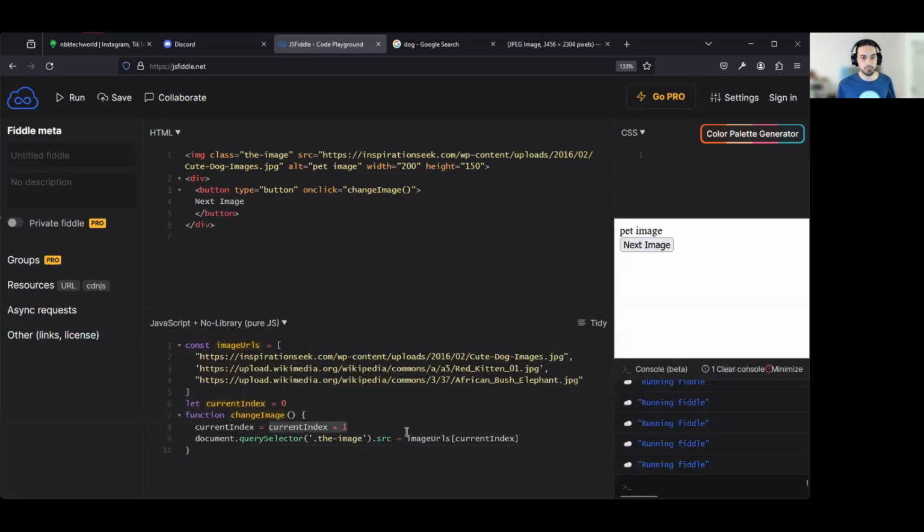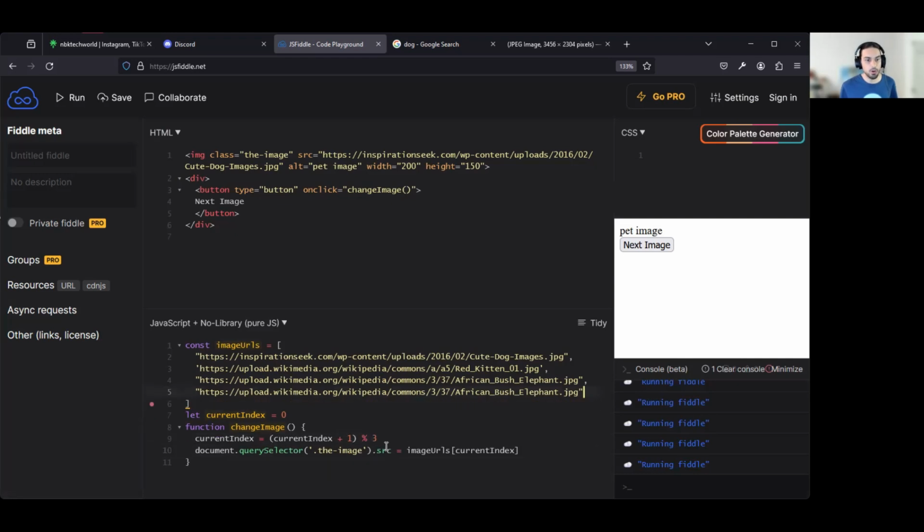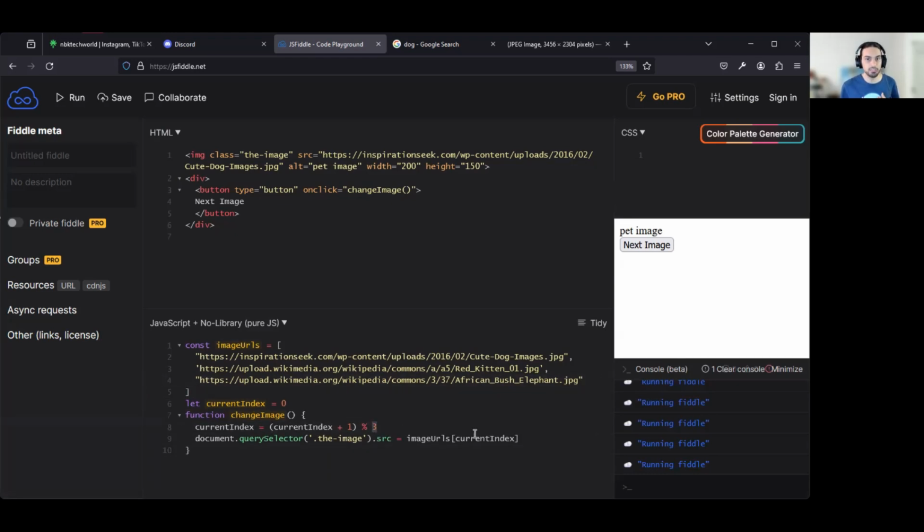So for this mathematical operation here, I'm going to do the following. I'm going to modulo with, in this case, 3, right? But I could add many elements here. If I add another one, that's no longer 3 here. It has to be 5, right? So in order for us to not have to hard code the number there, I'm going to say this is basically the length, or number of elements, of the array. So I can say imageURLs.length here. And that will always be the exact number of elements. No matter if I place 4 or 5 or 6, it's always going to replace here with that number. So I don't have to hard code it. If I do it this way,